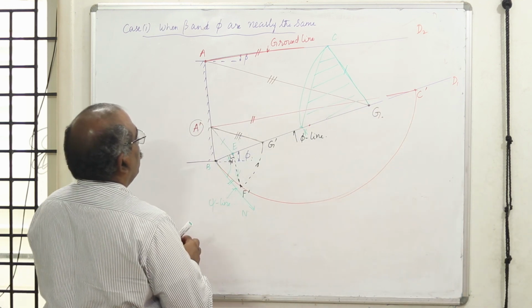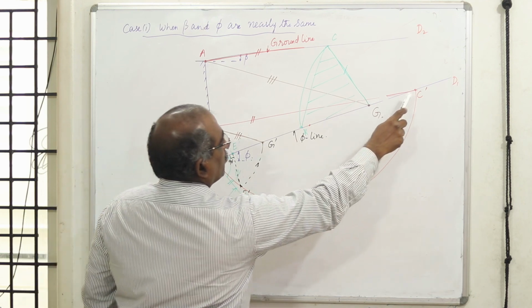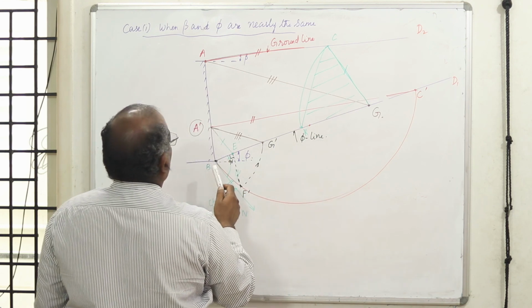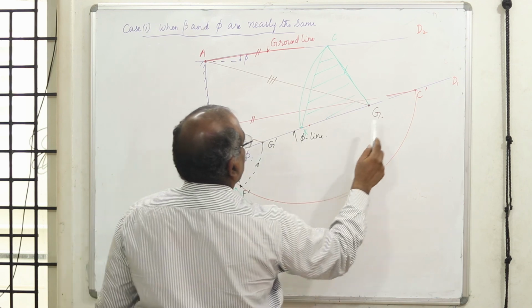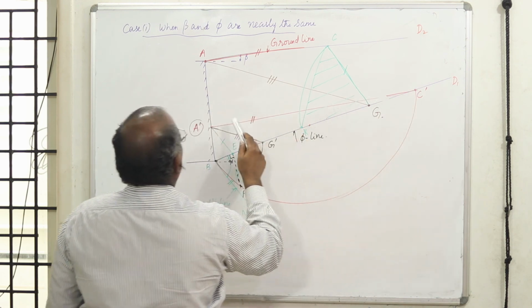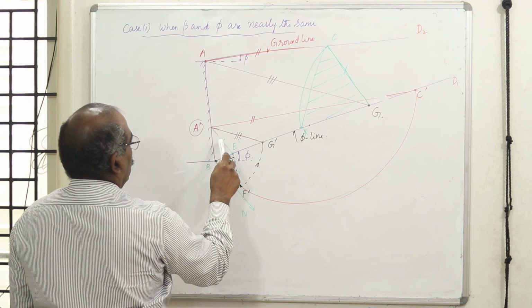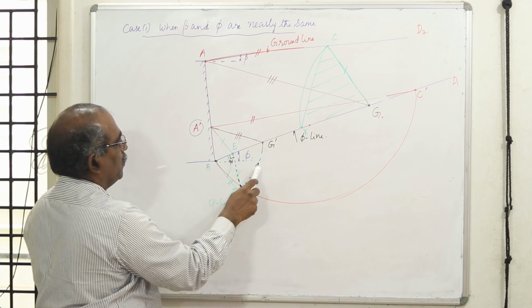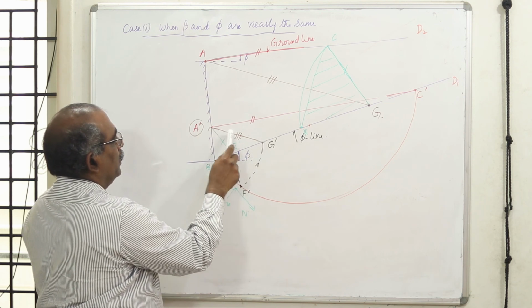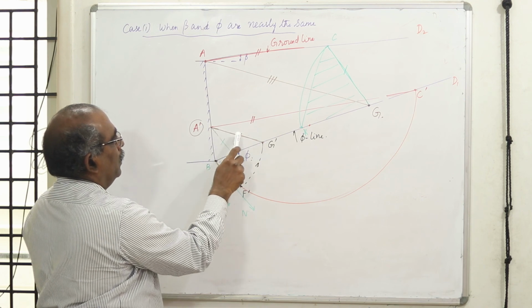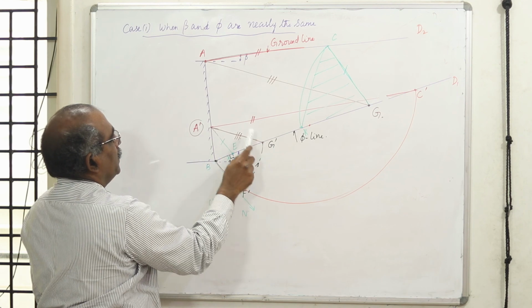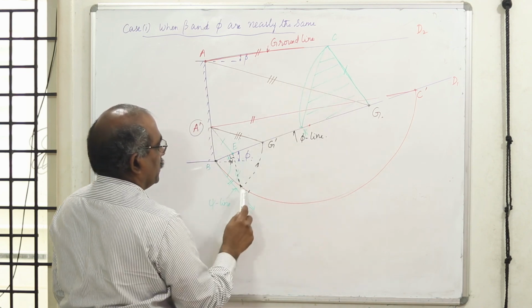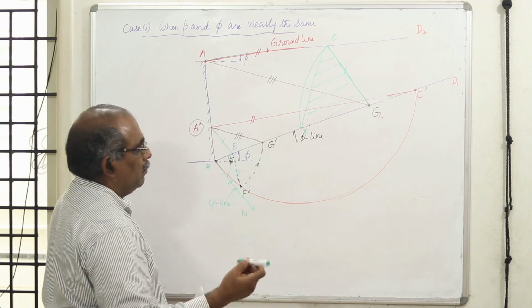To repeat, what we are going to do is identify some point C. I'm going to draw a semicircle. Then I'm going to get this point A dash. How am I going to get A dash? From C dash, I draw a line parallel to the ground line. From A dash, I draw a line parallel to the side line. I get T. From the perpendicular, B F dash as a radius, I draw an arc. I get G. From here, I join A dash. Then I draw a line parallel to this line A dash G dash from A, and I get my line AG. Once I get this, I draw a line parallel to the side line. From there I draw an arc, I get this line. Then the remaining thing is the same.